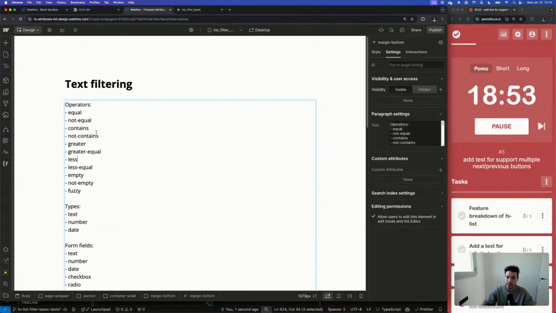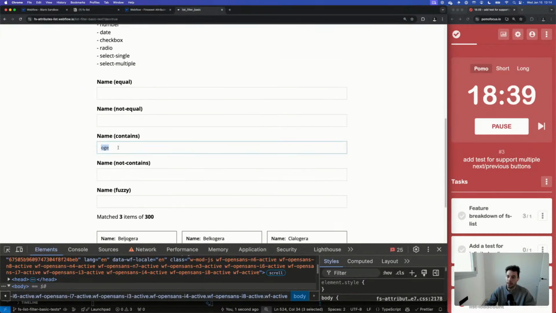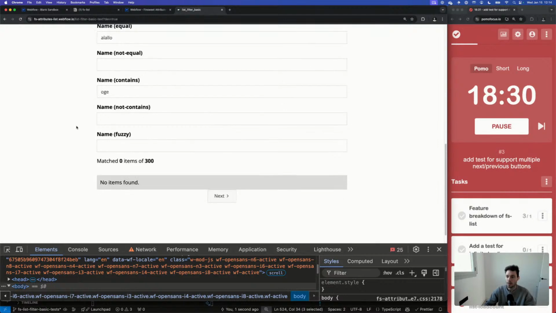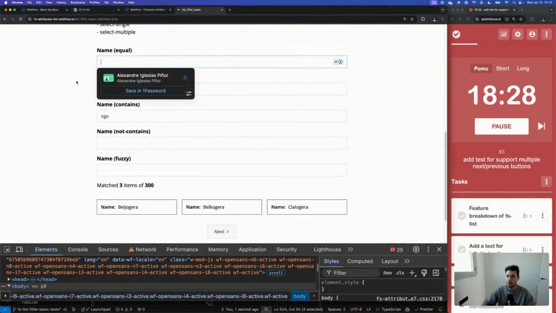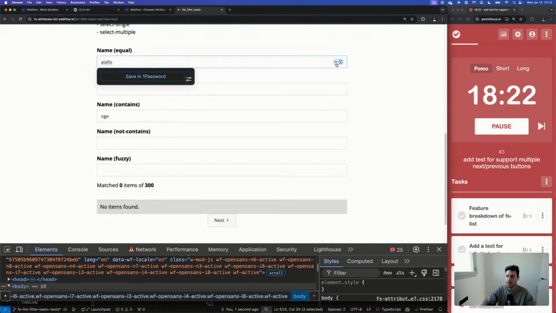Oh, there's another thing that we need to consider when testing. And it's the matching, not only the operators, but the matching. Because it could be and or. Because it's not the same if I do this and then also this. Yeah, because by default it's an and matching, meaning that if I try to find an item that is equal to a lalo and that it contains OGE, it does not exist.